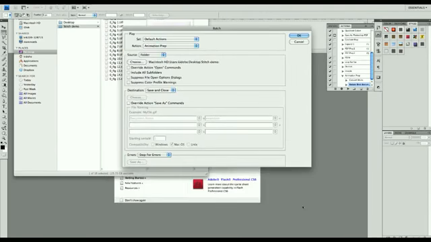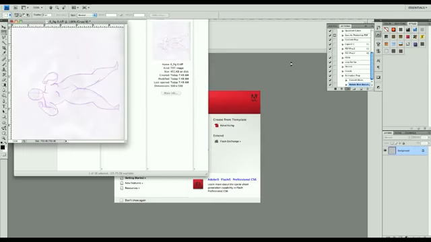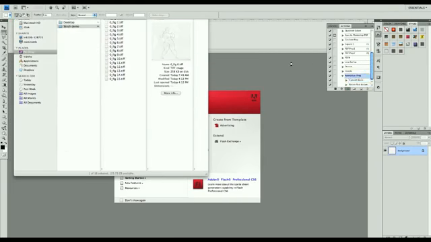I'll select Choose, and for the destination, make sure that you have Save and Close selected, and then just go ahead and press OK. And just watch as Photoshop does its thing. Now what it's doing is actually opening up each individual frame that's part of my animation, making it all grayscale